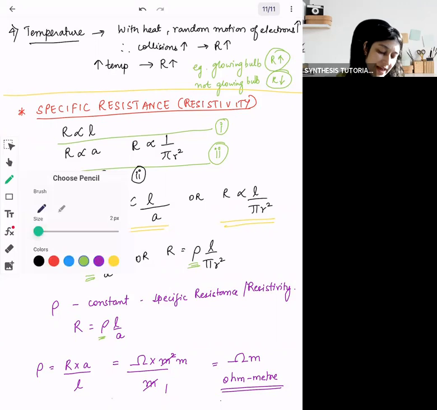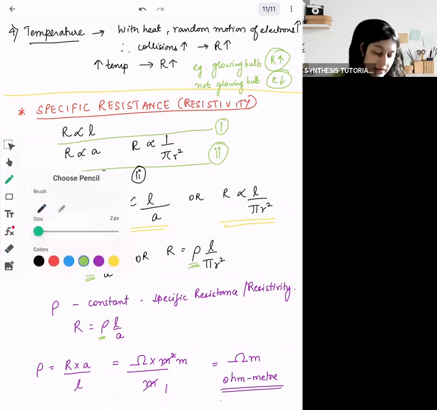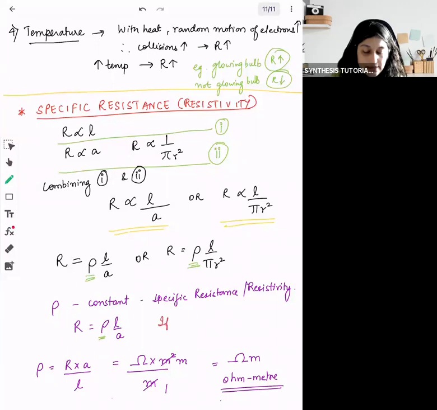And what you also have to understand is that if length is 1 and area is 1, okay? So I'm going to write that over here, that if length is unit value, area is also unit value. That means 1 meter and area 1 meter squared. So in that case the resistance will be equal to resistivity. That is only if. Okay, so the definition of specific resistance we will write back.